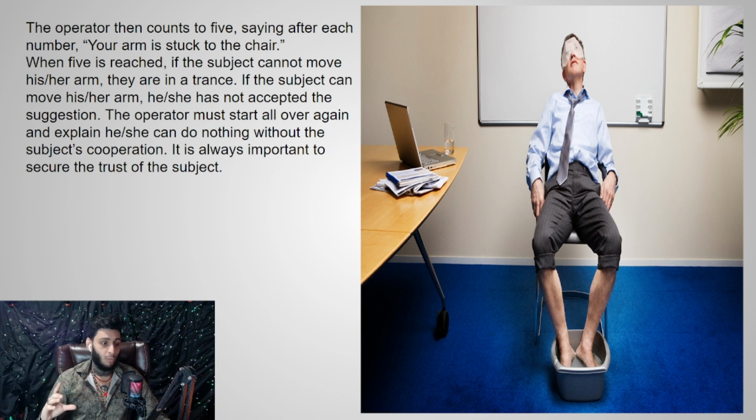You have to build rapport with your controls, because if you do not build this rapport of trust, then it becomes very difficult, right? You need to make sure they're malleable in some sense. This is not just to say that they have to be completely submissive to what you're saying, but it's to say that they have to be open to suggestion. They have to be open and cooperative to what you're saying. This is how you get them in the trance in the first place.